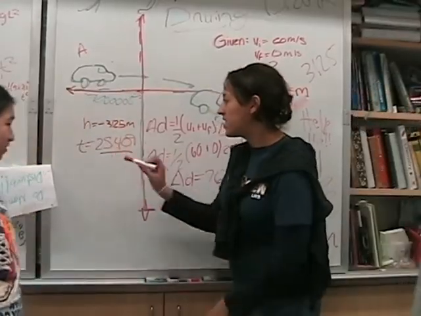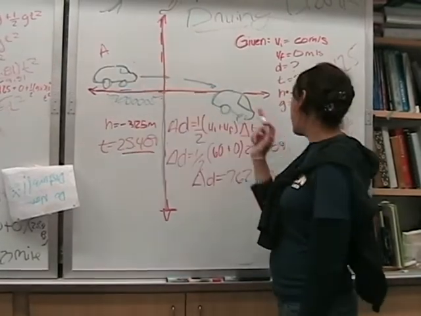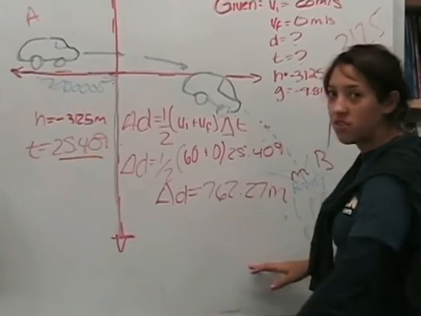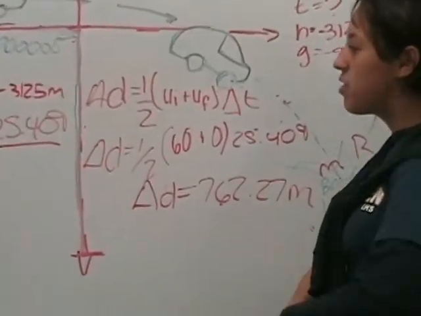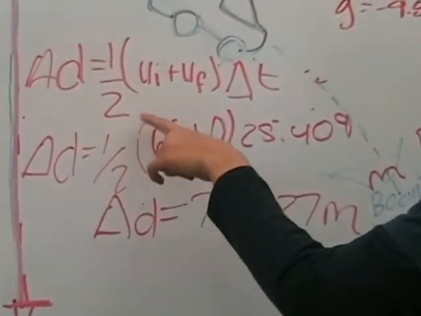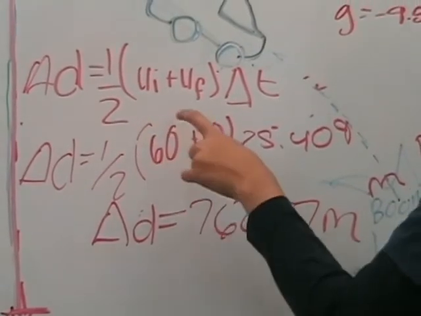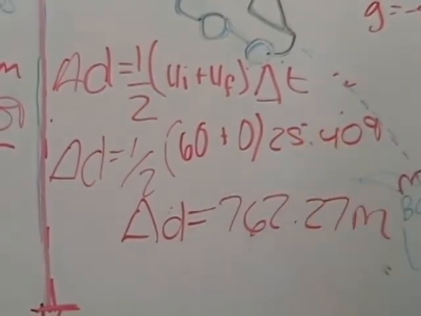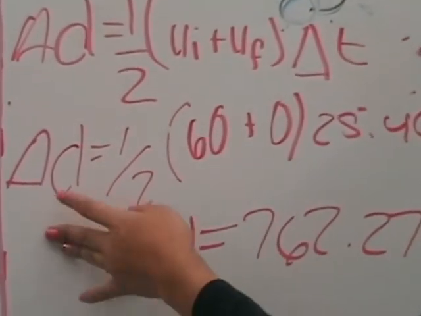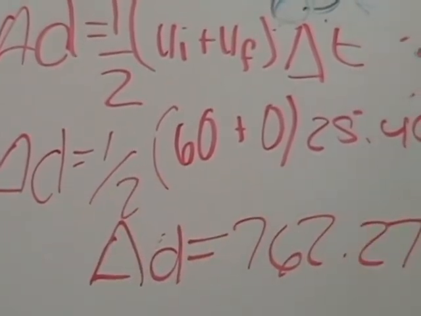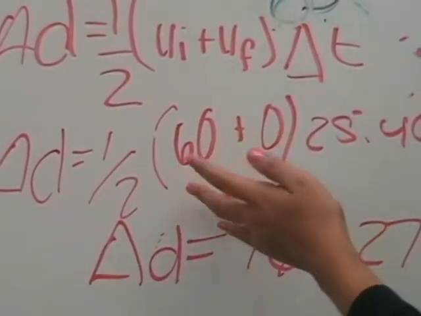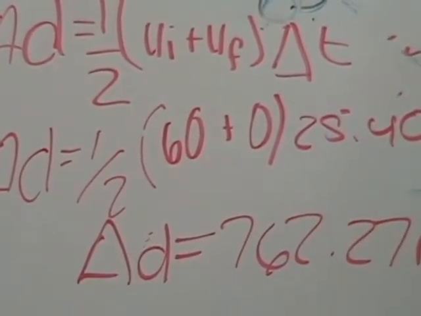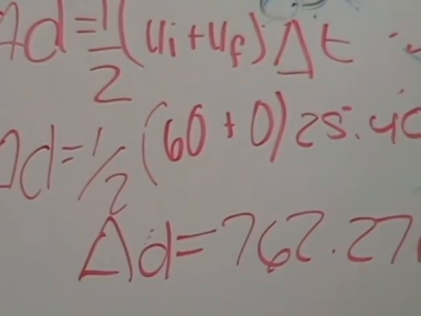So now that we found the time it took for the car to get from point A to point B at the fiery inferno below, we now have to find the distance so we can actually find the car now. We use this equation, delta D equals 1/2 of V1 or VI plus VF or V2, and multiply that by delta T. Well, we don't know delta D, so we leave that as a variable. It's unknown. And we just plug in 60 and 0, 25.409, which we solved earlier, and voila, we get